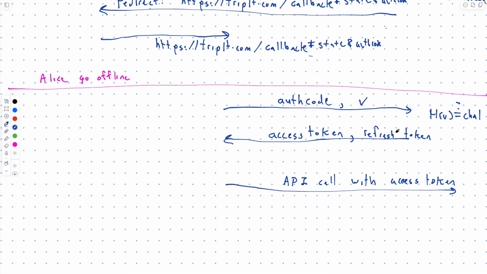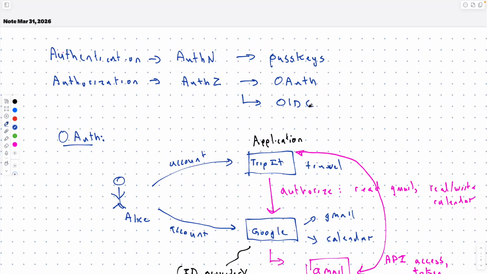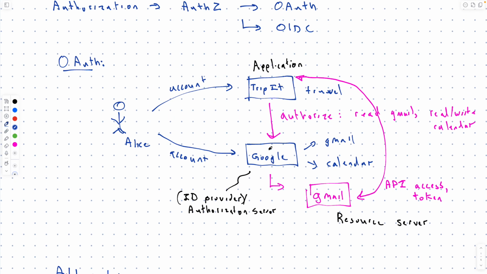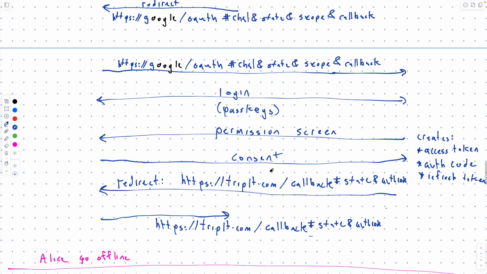Okay, any other questions about this? Okay, so this is OAuth. The one other thing I want to cover in the course next class will be OpenID. And so it's almost the same thing, except for here I'm just going to log into Google, and Google's going to pass my sort of account information to TripIt or whoever the application is. So I don't have to have a separate account for TripIt itself. And roughly speaking, it's all going to happen here when it does the callback. It's basically going to say, okay, I logged this user in. Okay, so the setup is almost exactly the same, except for when I pass it over, I say I want to